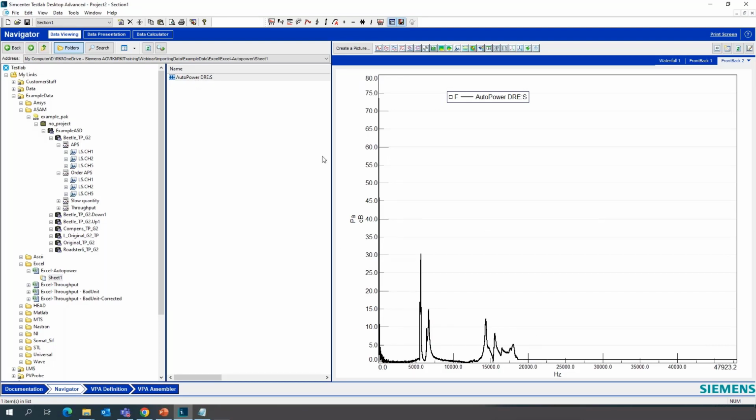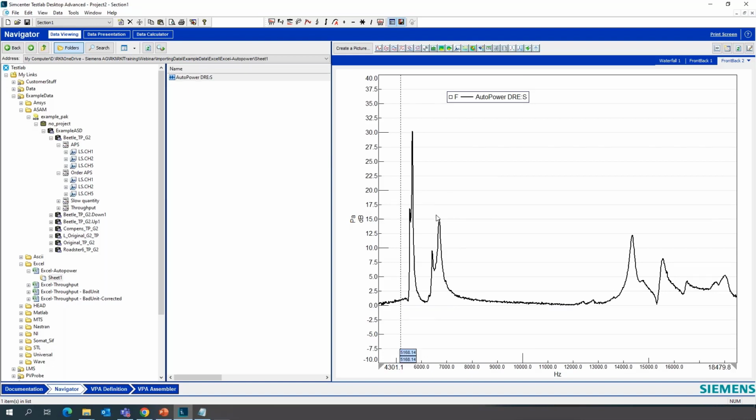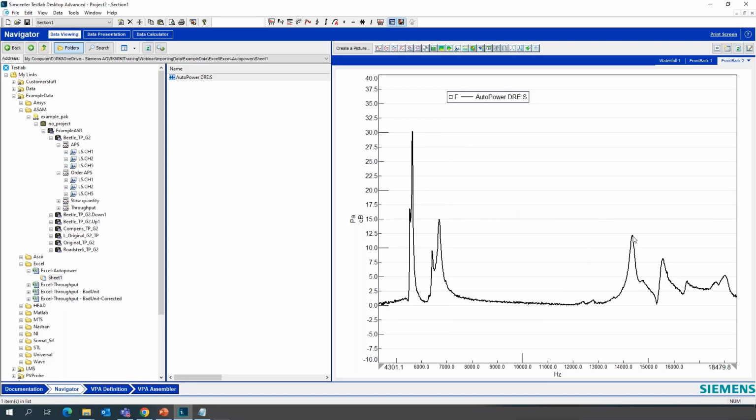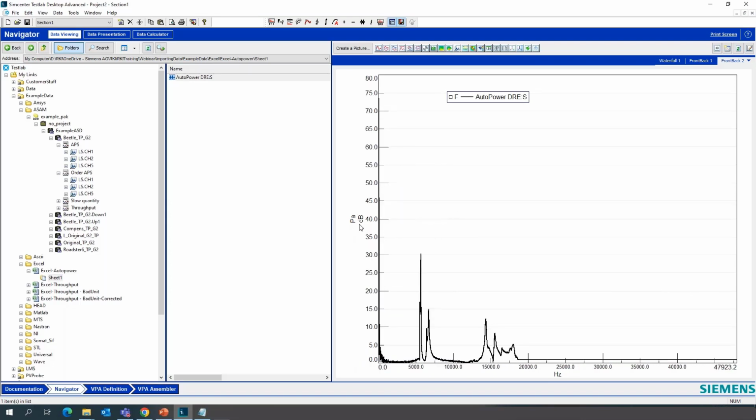When you are reading data from an Excel file, it just needs to have certain header information. And in my slides, I'm going to show that. And if you just provide that header information, then we are able to read that data in TestLab. And once we read it, we can simply zoom into a specific area. Or if it is in Pascal and I want to change the unit to something else like PSI, I can do that. Or if I want to show another unit like bar, TestLab automatically handles all the units because it knows the scaling factors associated with converting from one unit to the other.